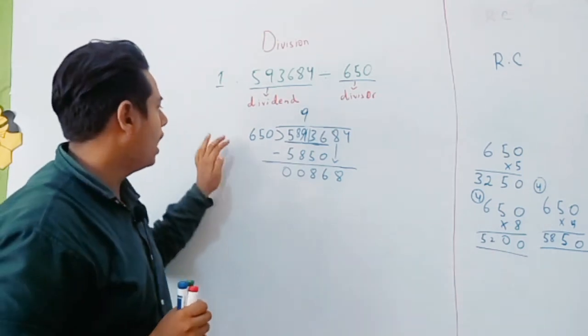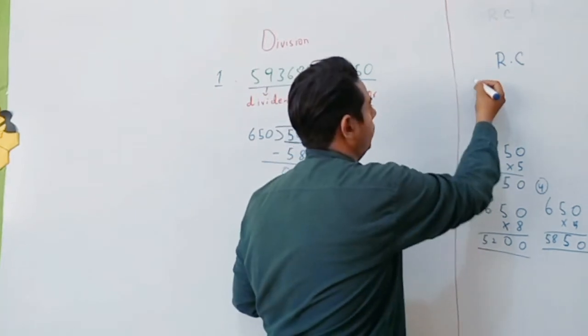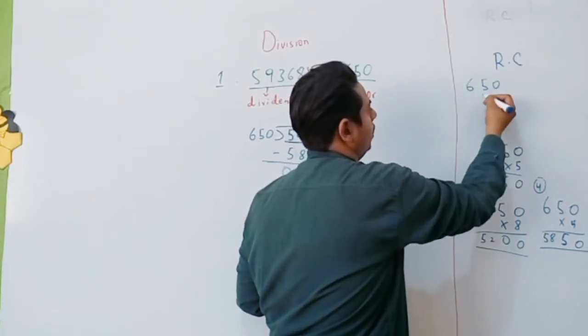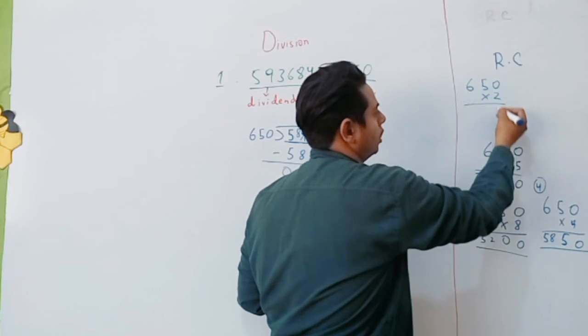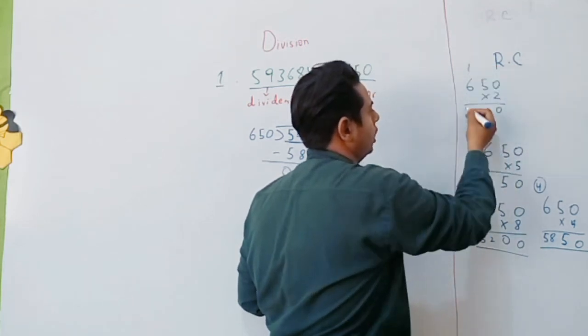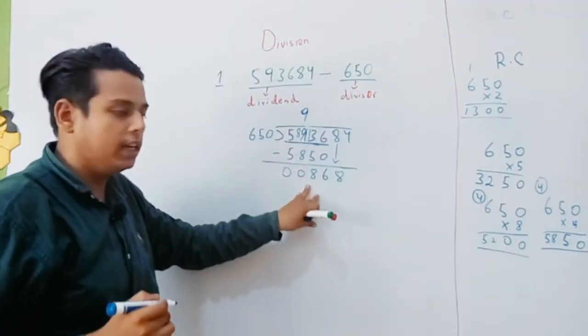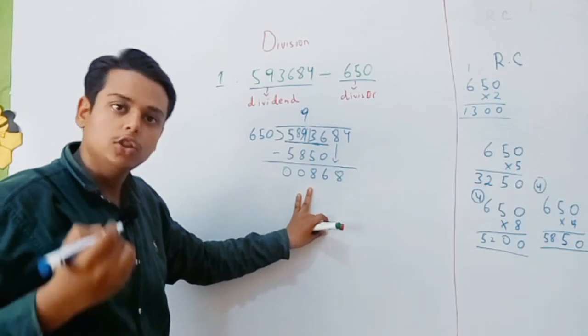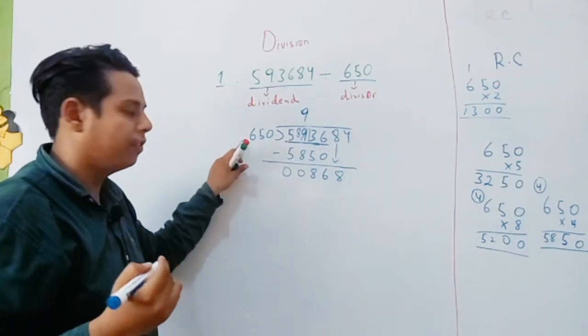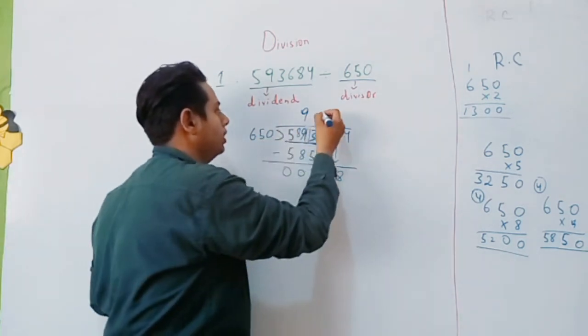8,868. If I will multiply 650 with the 2, so what will come? 650 multiplied by 2. So 2 zeros are 0, 2 fives are 10, and 2 sixes are 12. 12 plus 1, 13. 1300 is coming. So it is greater than 8,868. So what I will just do, I will use 650. I will multiply 650 with 1. So 650 ones are